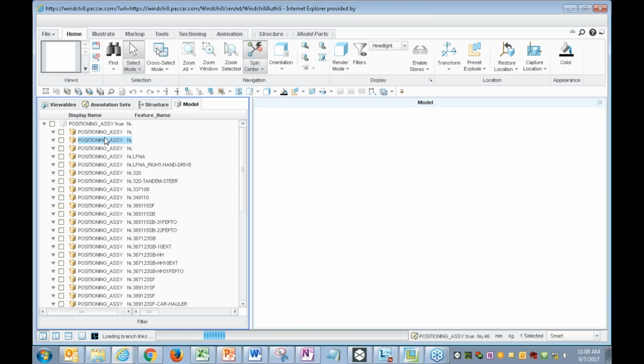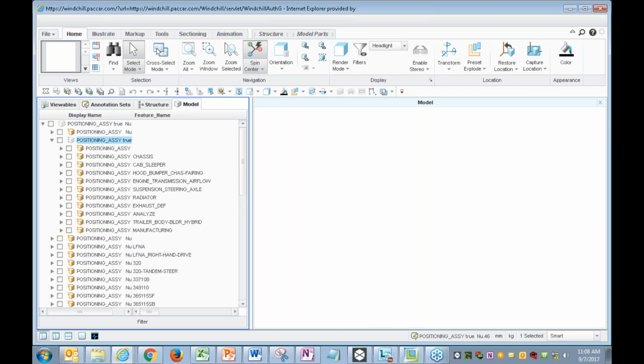One of the things we're noticing that PTC could improve is when assemblies have a bunch of annotation sets loaded to them, you do notice a performance hit the first time you load up a link. You notice that took a while just to load that one branch link, and that is because we have 700 annotation sets loaded up against this assembly. I don't know if people are going to have that many annotation sets that they're creating against an assembly, but